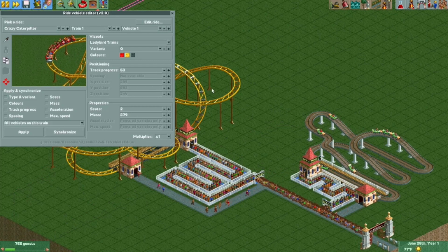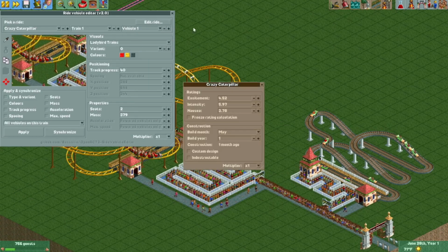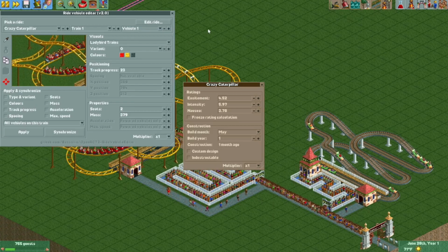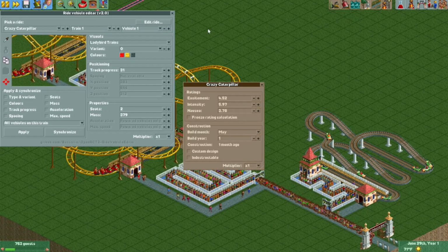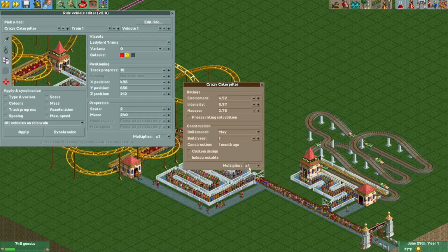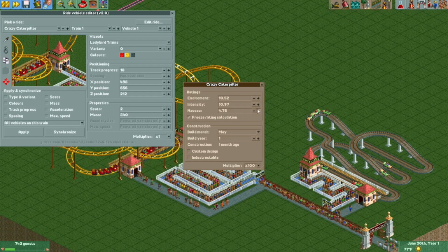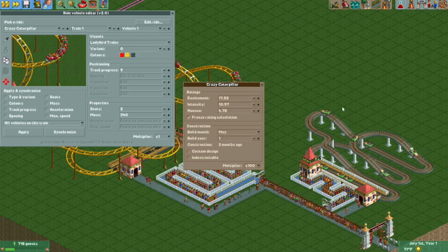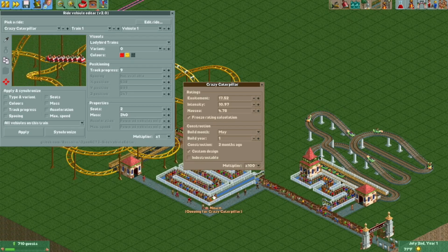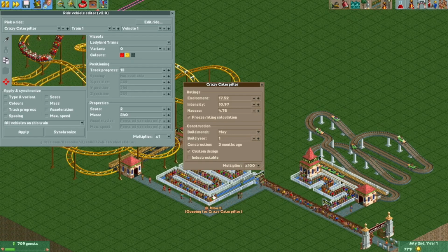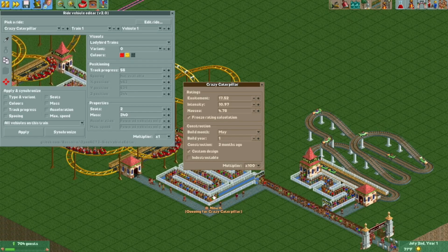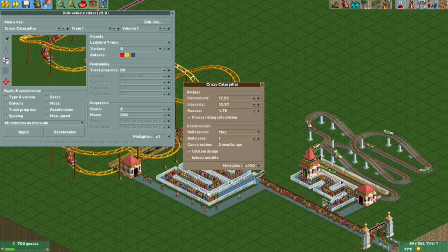One new extra feature is the Edit Ride window. It doesn't really have anything to do with ride vehicles, but it has a couple handy features nonetheless. You can use it to manually set and lock your ride statistics, which might be handy if your peeps aren't riding it for some reason. You can also adjust the date of the ride's construction, make it indestructible, or toggle whether it's a custom ride. This affects if it's eligible for counting towards the Best Custom Designed Rides award.